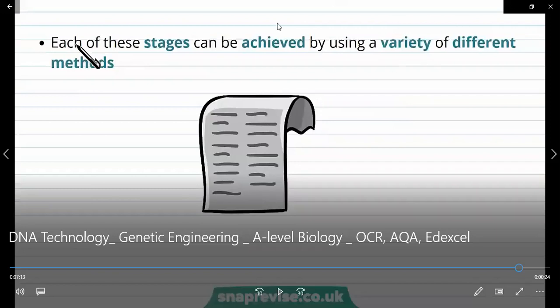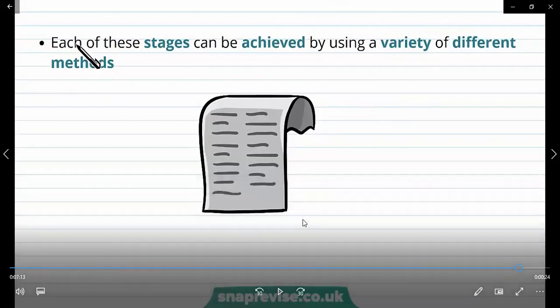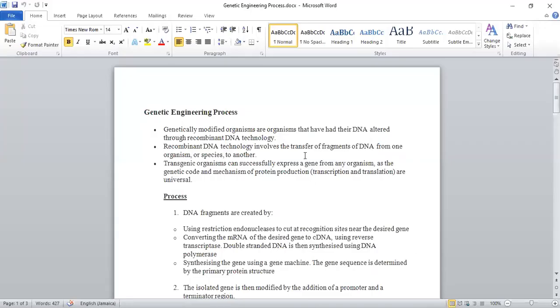Back again. So this is an overview of essentially what the entire process of genetic engineering is about. But as I said, there were some specific details that he didn't go much into that I want you to know the actual details of. So I'm going to bring that up for you now.